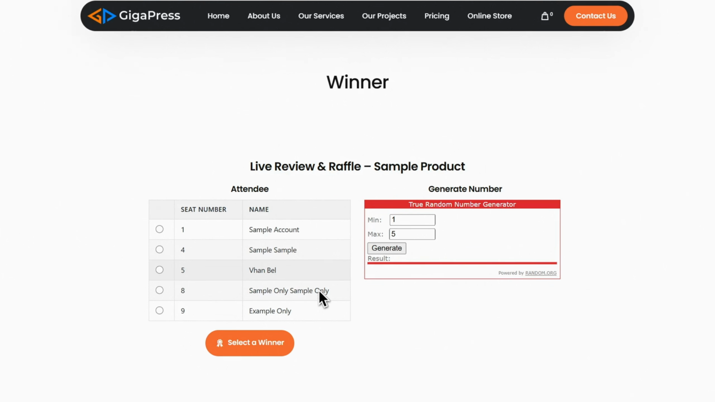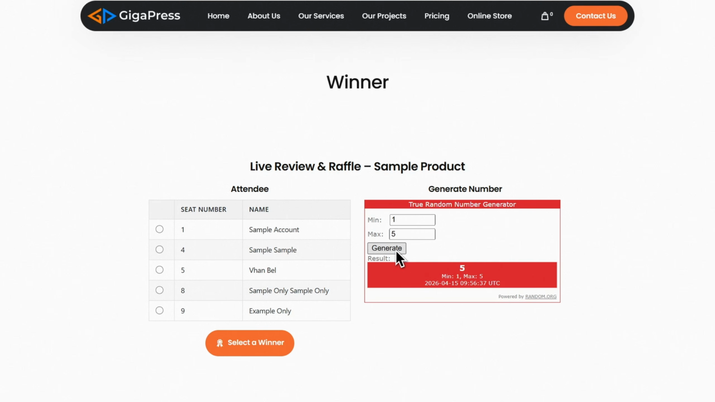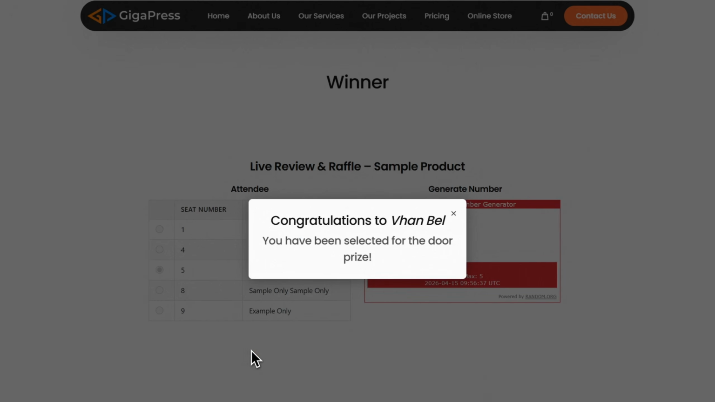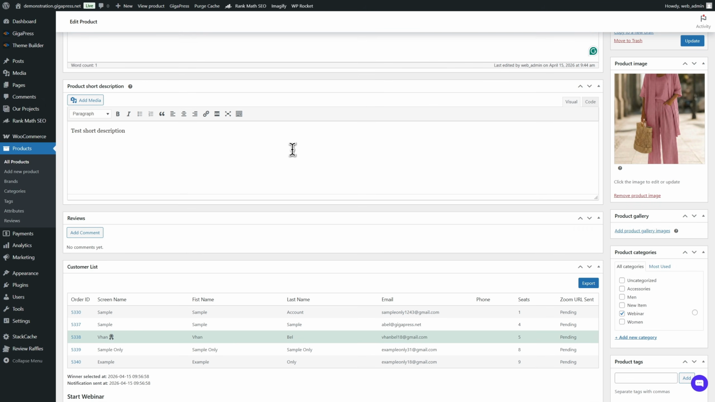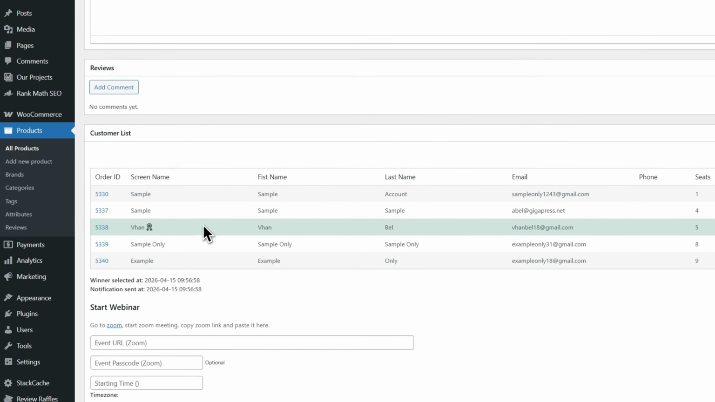On this page, you can use the built-in randomizer powered by random.org on the right to generate a random seat number and then match it to the corresponding customer to pick them as the winner from the list. When you go back to the Product Details page and refresh, you'll see the winner highlighted in green in the Customer List section. If you need shipping and contact details for the winner, just click the order number next to